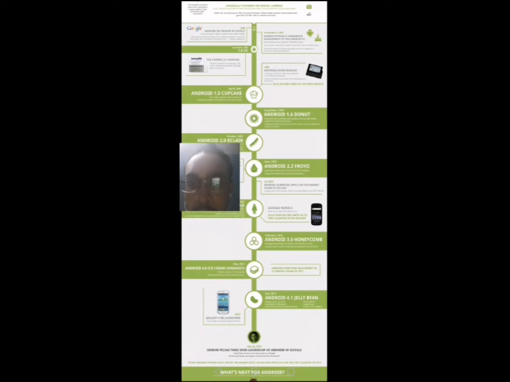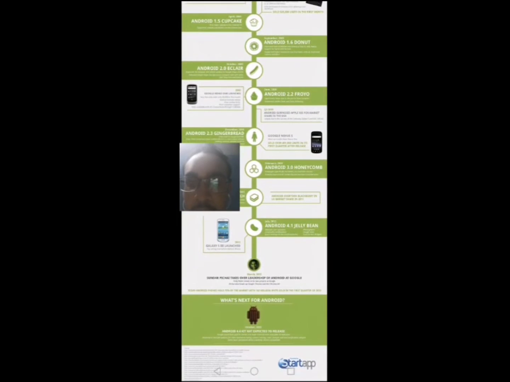In April 2009, there was also Android 1.5 Cupcake. In September 2009, there was also Android 1.6 Donut. In October 2009, Android